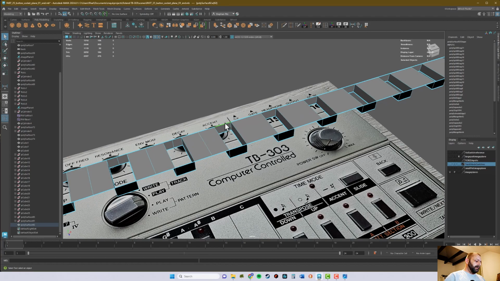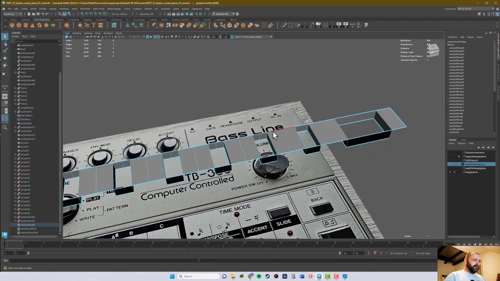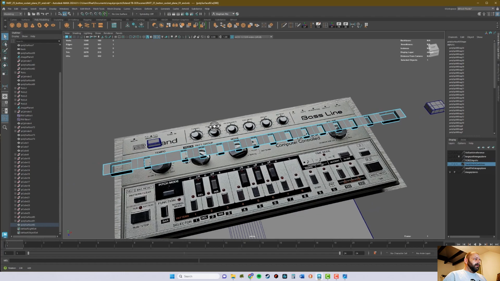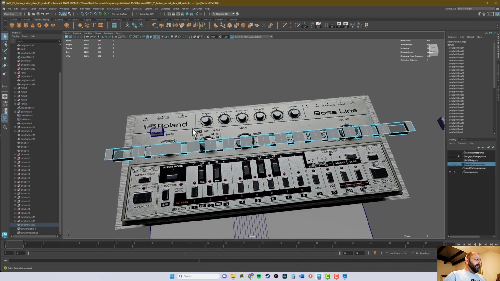Or just in case, hit G on the keyboard to repeat the last tool. So I realized in between that I always put some splits there, so just to save some time later. Alright, so now let's go in and